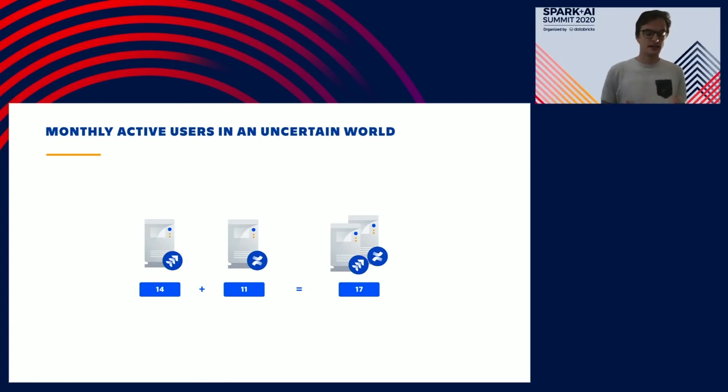And in Atlassian, our products work great together and users often interact with a lot of them. And so in this equation here, sticking with MAU, on the left you have a Jira instance with 14 monthly active users next to a Confluence instance with 11. And when you put them together, you calculate a MAU of 17. Only 3 of those users in the Confluence were not active users of Jira.